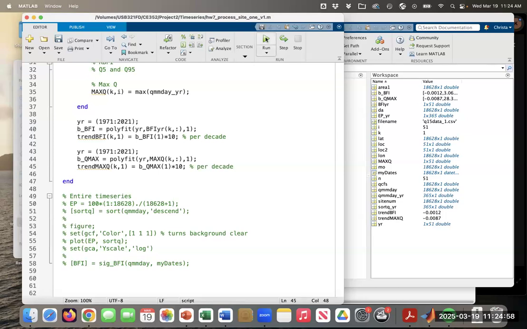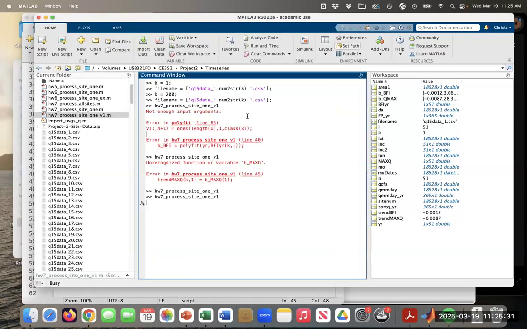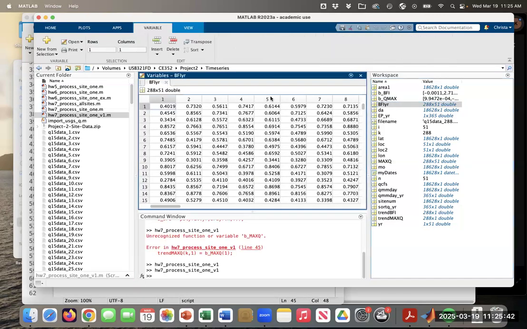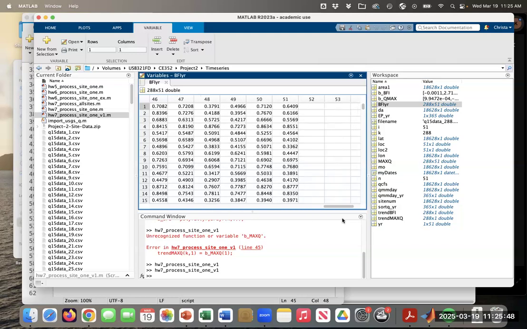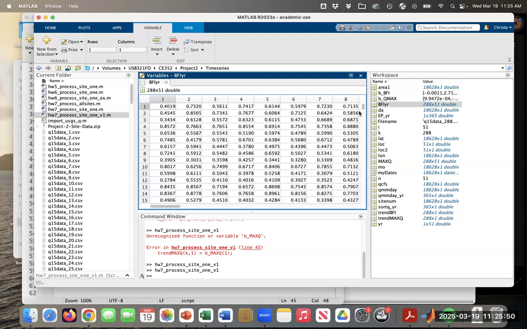All right, let's see. I'm going to run this, see if it works. It's computing all the values. Surely, I'm going to pause. It shouldn't take a while to process, but MATLAB will always tell you at the bottom left if it's still working, busy. Oh, and look, it just finished. All right, I want to open BFI year for you. What you should see again is 51 values across 51 columns and